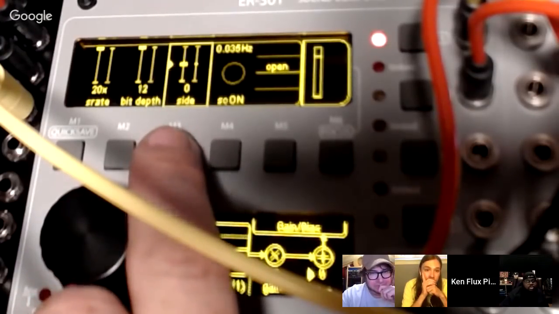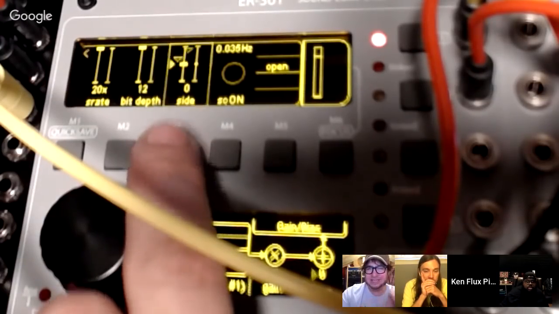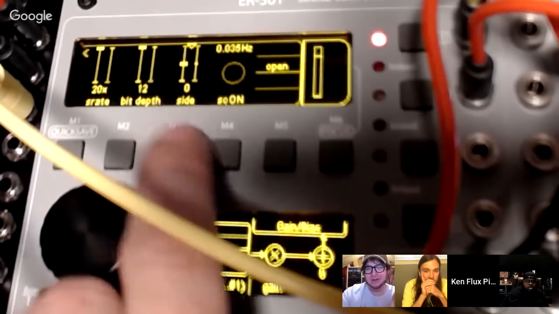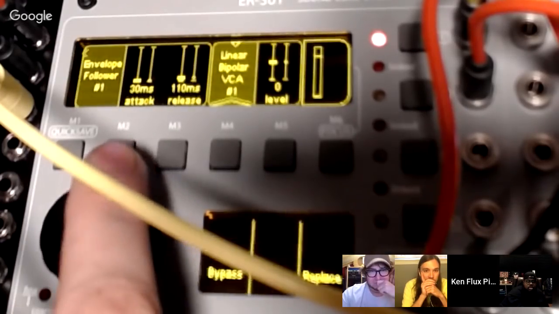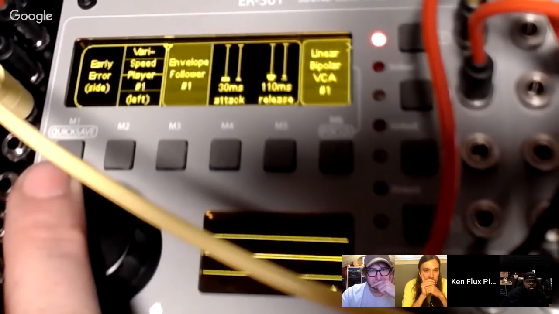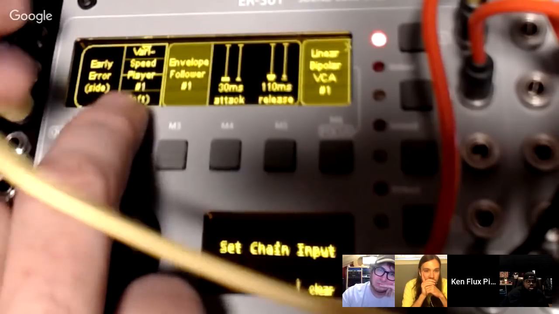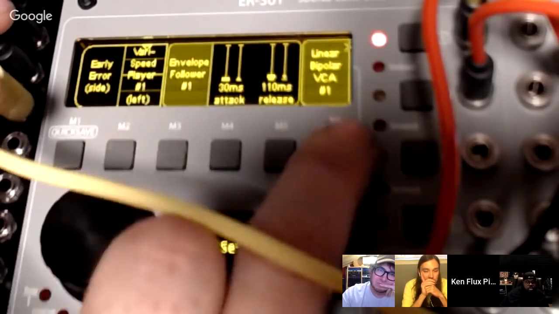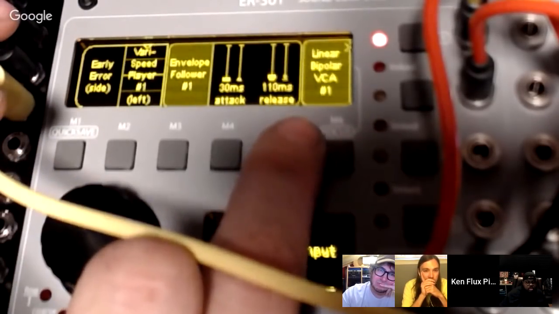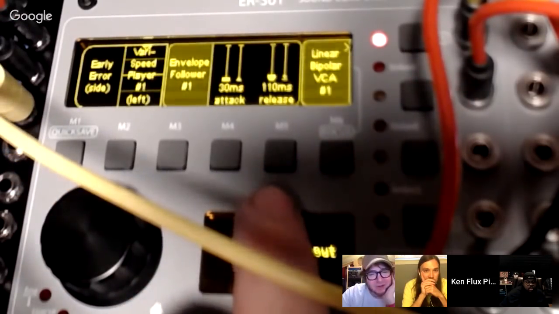So in that essence, I think we should lose the VCA where it is. And what's that parameter actually controlling? We could really just move it, because you would put it before the envelope follower, right? Right. This is the incoming audio from the output of the sample player going into the envelope follower, which then goes out and controls the side chaining. Right. Okay, I see how you have this.